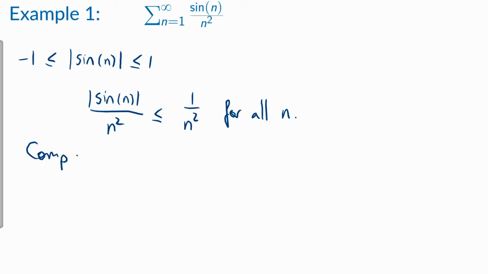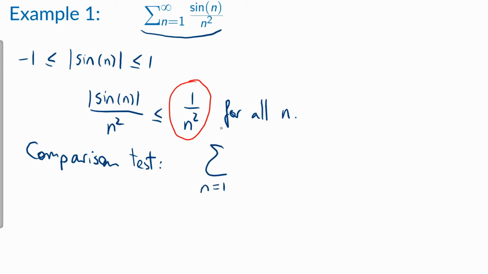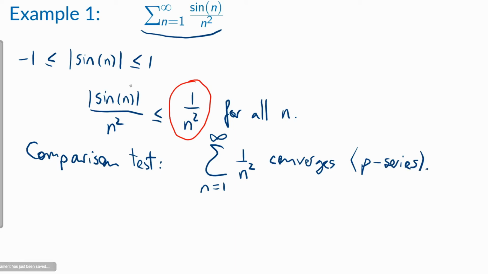Right, so the comparison test, we're going to compare our series to the series whose terms are 1 over n squared. And now remember, the series n equals 1 to infinity of 1 over n squared converges, right? It's a p-series. And by the comparison test, then that means that the series n equals 1 to infinity